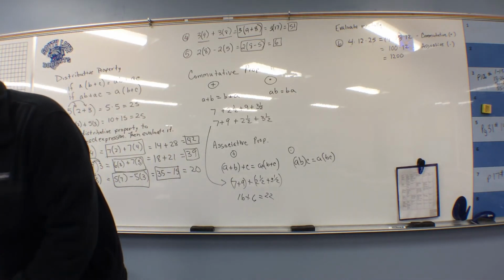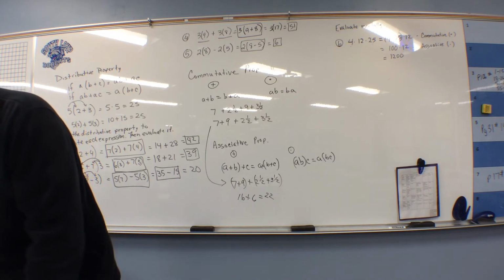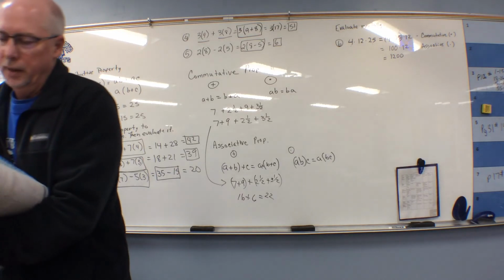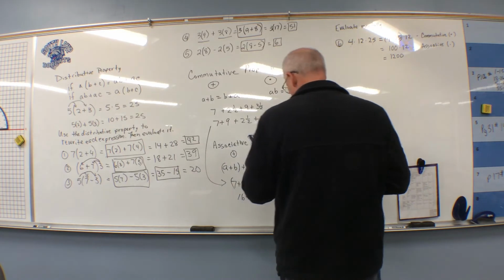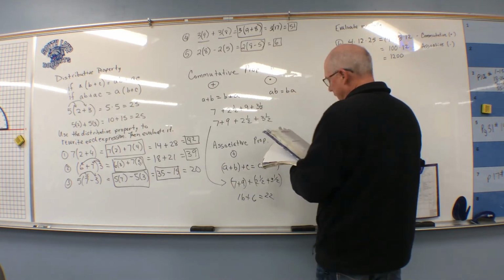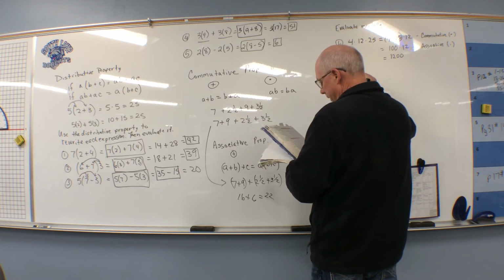I probably will not have you, I don't think I'll have you do the justifying expressions. If I was here, I might have you do them. But let's go ahead and try some from the assignment. Let's take a look at number 19. All right? Number 19. It is